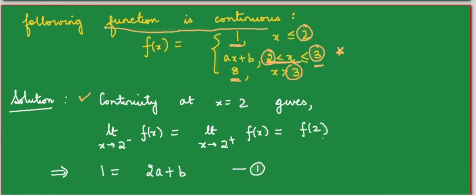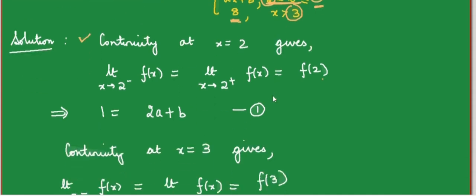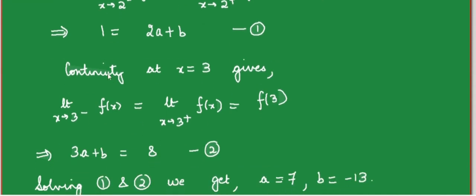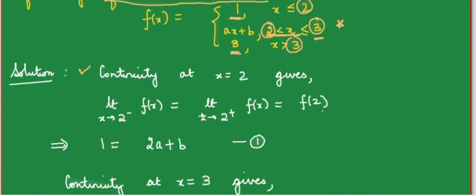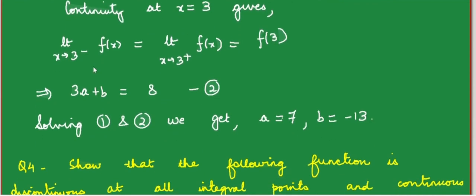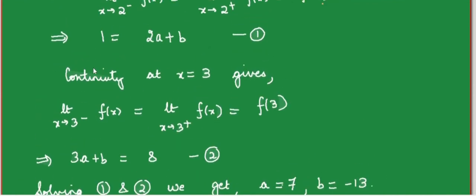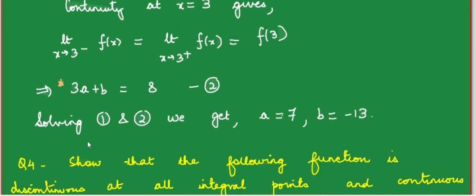Similarly, when you exploit the constraint of continuity at 3, you will get one more constraint. Continuity at 3 is again a 3-step process. Left, right and value of the function should be the same at 3. But what is left at 3? Left at 3 will come from here and right at 3 will come from here. So 8 is equal to 3a plus b. So that's what you get as the second condition on a and b. So two equations, two unknowns, we can easily solve for a and b to get a as 7 and b